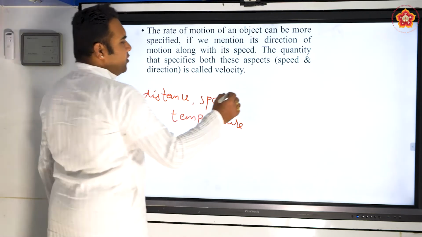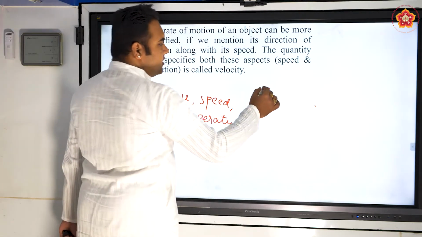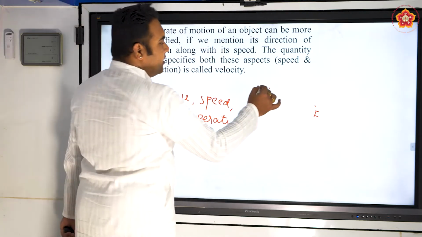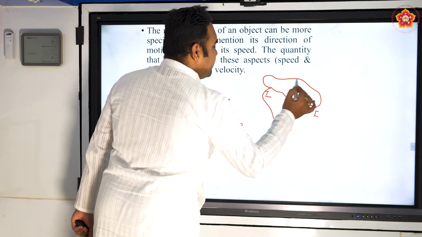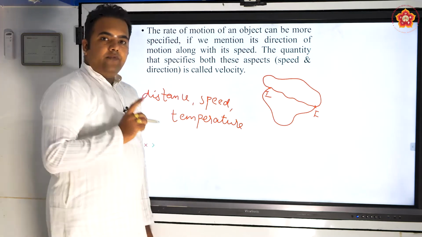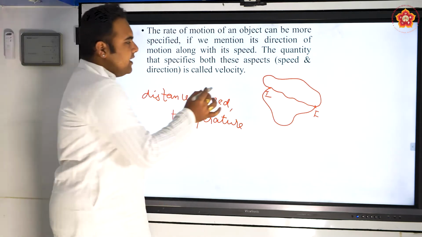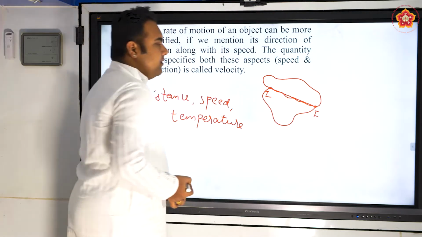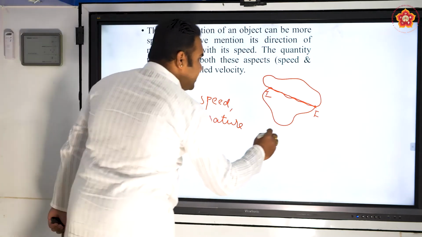So between any 2 points, this is the initial point, this is the final point. To reach point F, I can go like this, I can go like this, any way I can go. But if there is a specified way, if there is only one direction, there is only one way of reaching it in a particular direction, that is the straight line joining the initial and final point. This is called displacement. So the parameters like